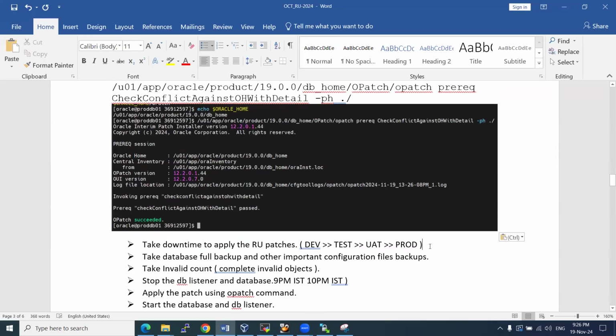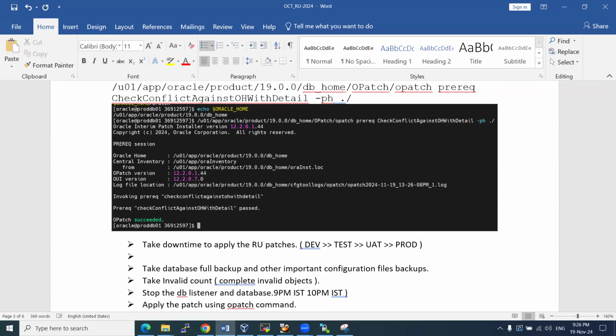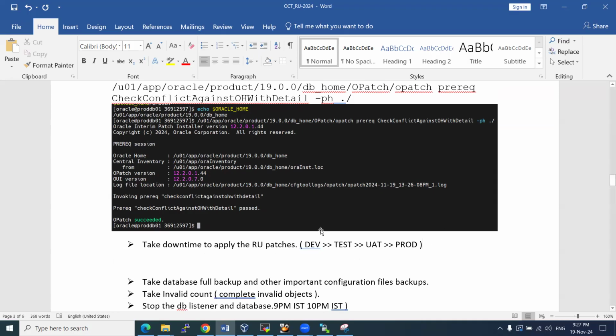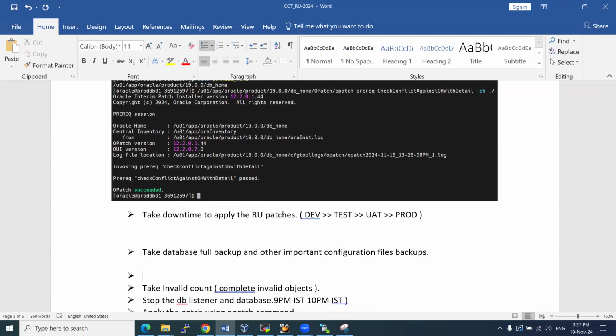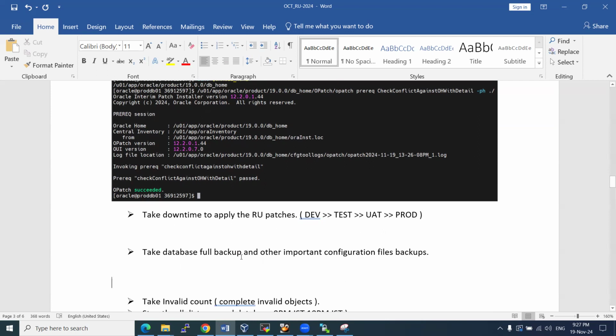Okay, next we can go with a downtime window, but as we are doing a POC environment, we don't need to go with that. Once you have the downtime, then we can proceed to apply the patch. Backups also I'm not going to take because it's a test environment. Otherwise, depending on your setup, you can use RMAN, cold backups, or hot backups. I made separate videos for these backups. This is a POC instance, a test demo instance, so approvals are not required. Okay,